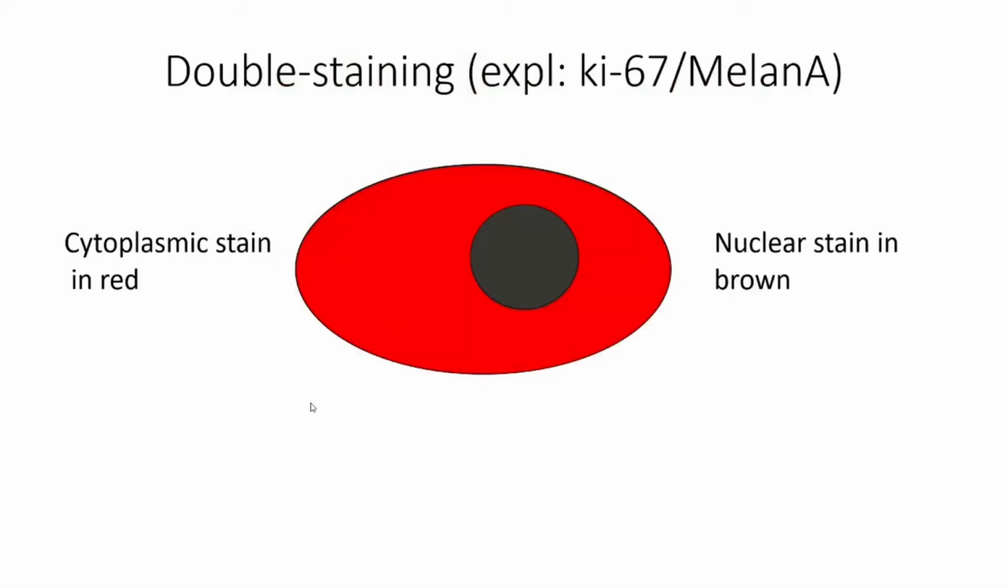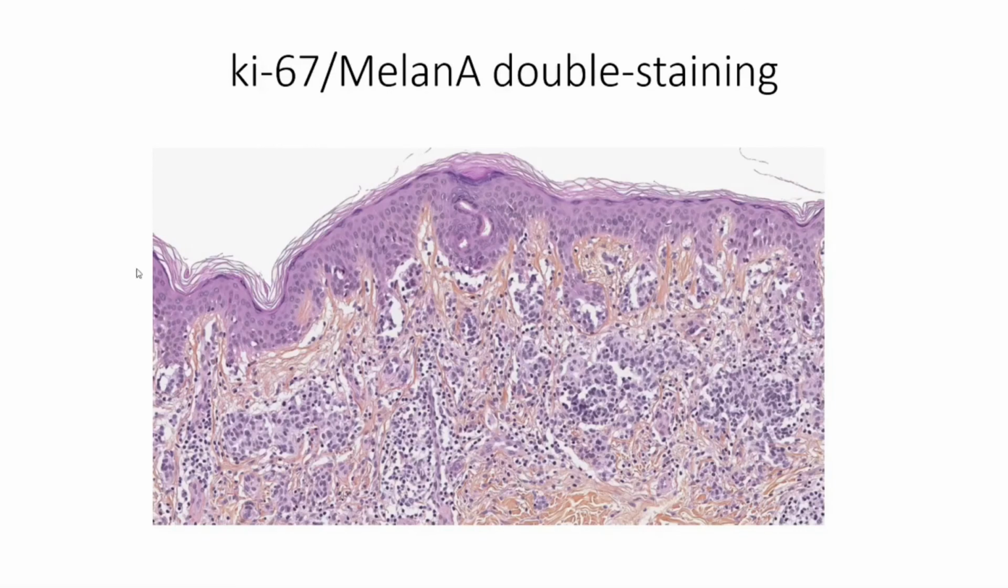Sometimes you can use some double staining. One of the most frequent examples is Ki67 Melan A, where you have a cytoplasmic stain of Melan A in red and a nuclear stain in brown for the proliferation index. So here's an example. You have this mix of melanocytes and lymphocytes, and you have some trouble assessing the proliferation